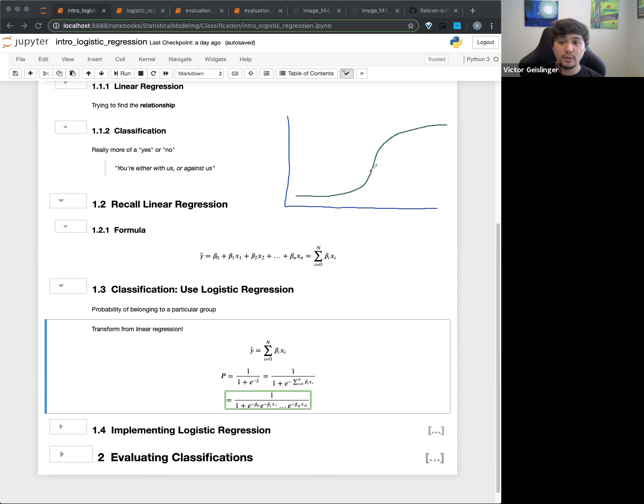Okay. And I know that I kind of raised it up, this should actually be at 0, but if I put it at 0, it'd be hard to see. So just pretend that's at 0. But you can see here, this is our group 1, or say no, and this is our other group saying yes, right? So if you imagine either group A or not in group A, that's essentially what this one is 0. And so we basically scale it down and say, okay, if you're really close to that side right here, the probability of you being on this side, and this is our feature down here,